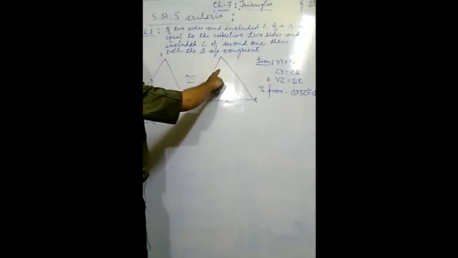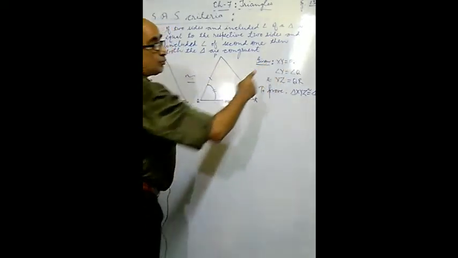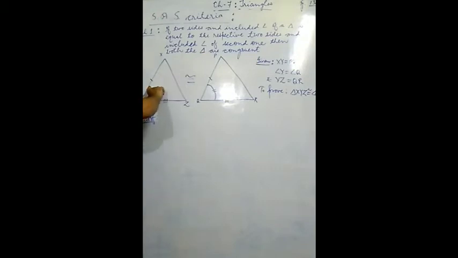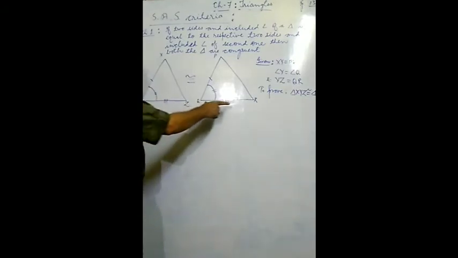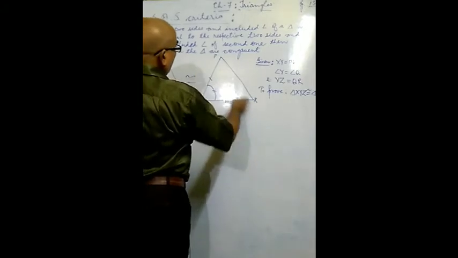We have to justify. It means what? XY is equal to PQ. It is given there, XY equals PQ. Angle Y equals angle Q. And thirdly, it is given YZ is equal to QR. So we have to prove that triangle XYZ is congruent to triangle PQR. We have to justify this by the reasoning method, by the analytical method.